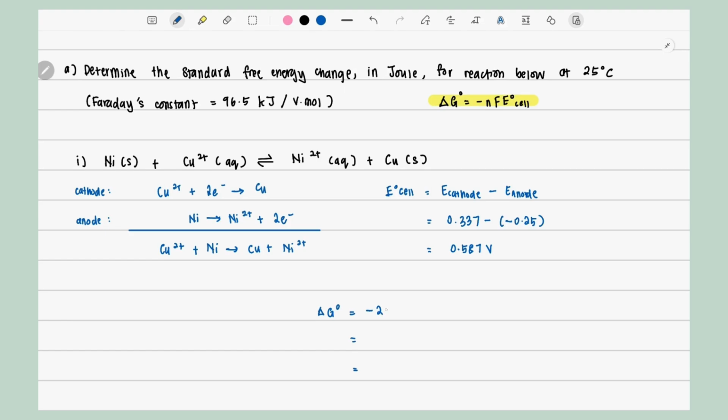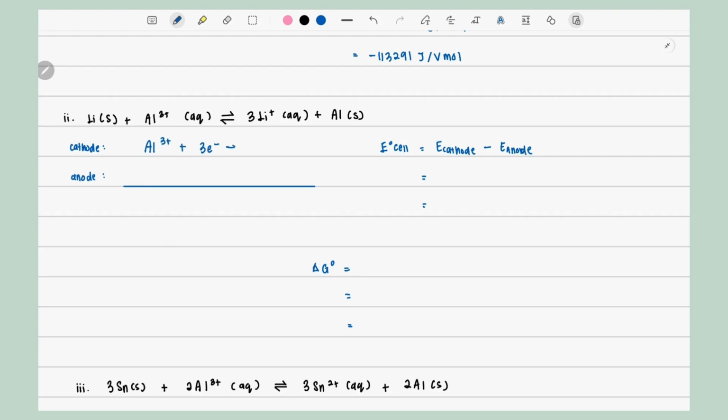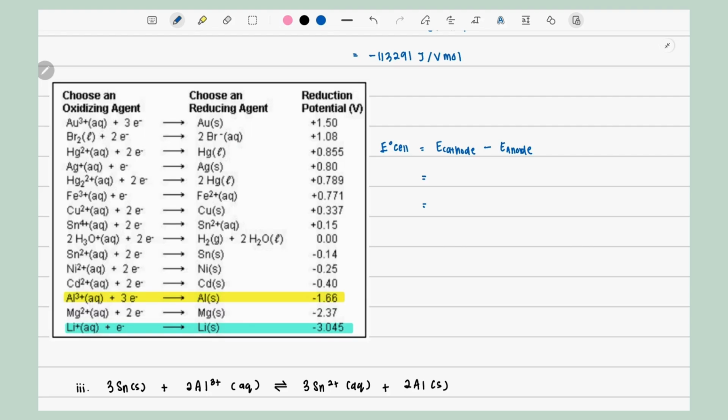N is the total electrons, which is 2, and don't forget to put a negative in front of it. And then the Faraday constant is 96.5, and the E naught cell is 0.587. And then we calculate, and we will get negative 113.291 kilojoule per V-mole, and we convert it into joule, which is negative 113.291 joule per V-mole. For the next question, we will determine the same thing, which is the half equation, and then